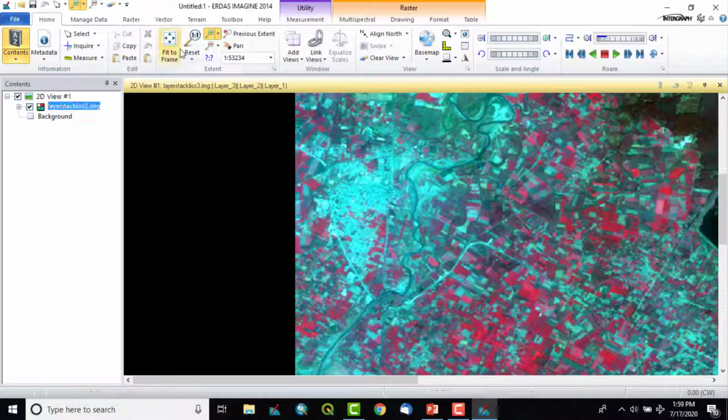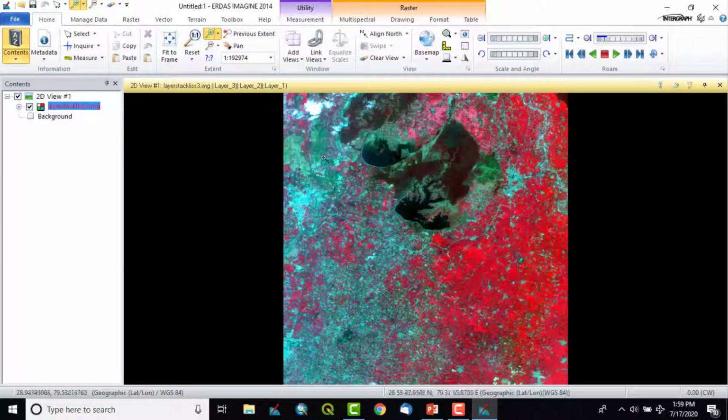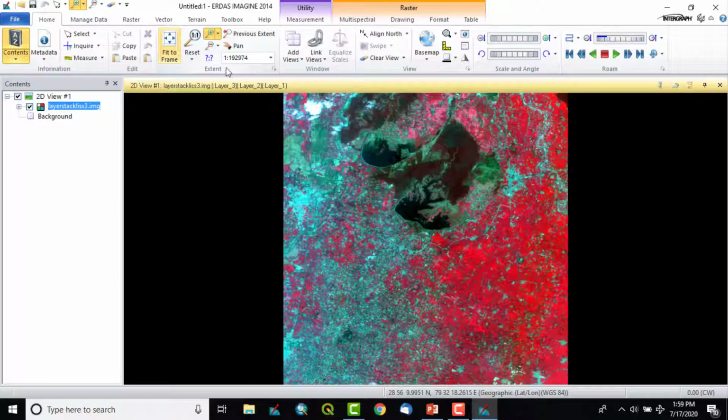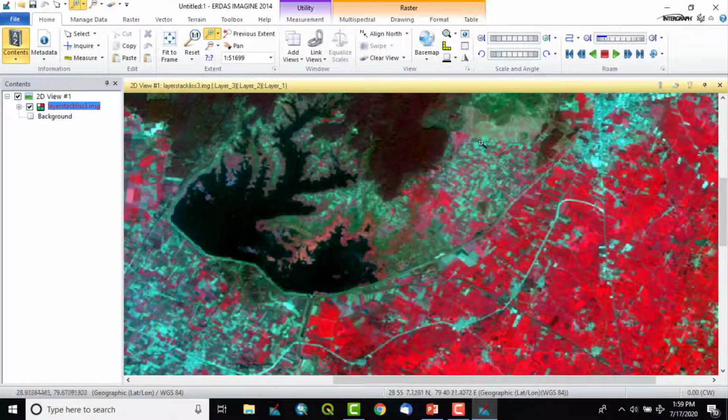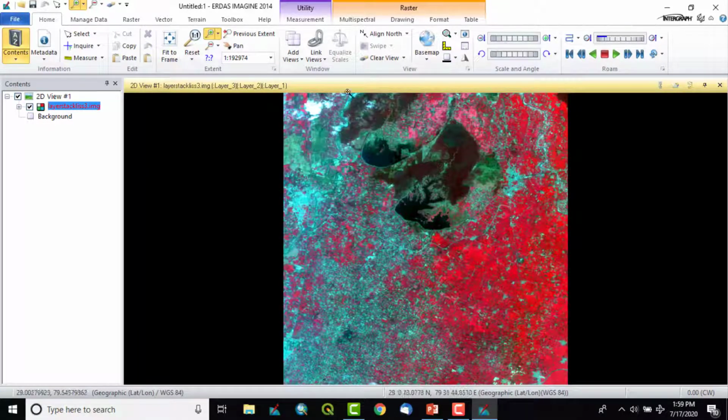Then next, this green color is known as fallow fields or fallow land. Then if we have any other color, like these brownish shades of color, these are the open spaces, open land, or it is also known as barren land. So in such a way we can interpret or visualize the satellite image. So this is all about false color composition of a satellite image.